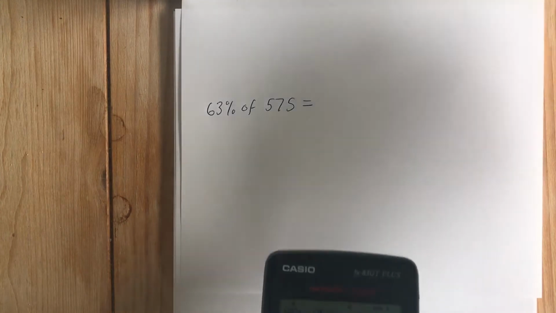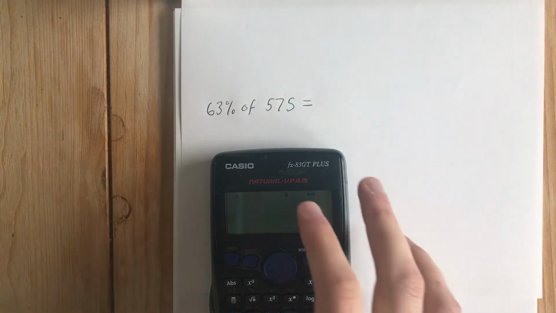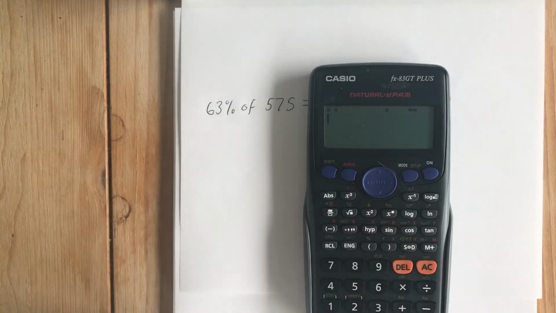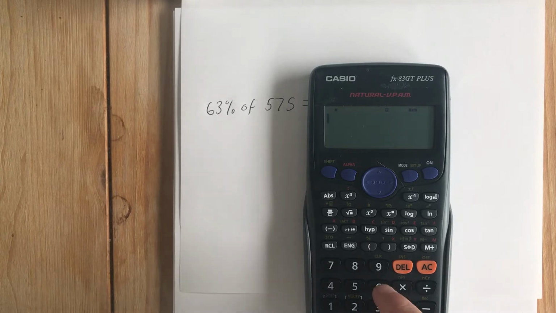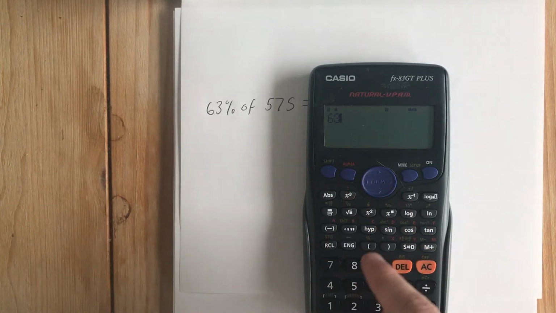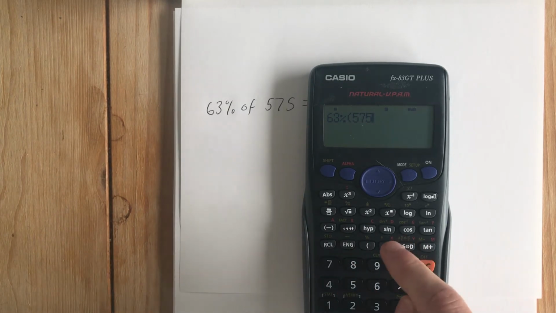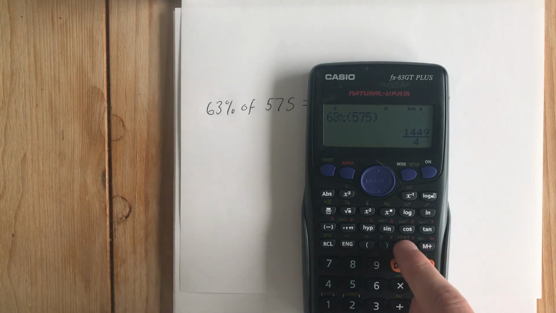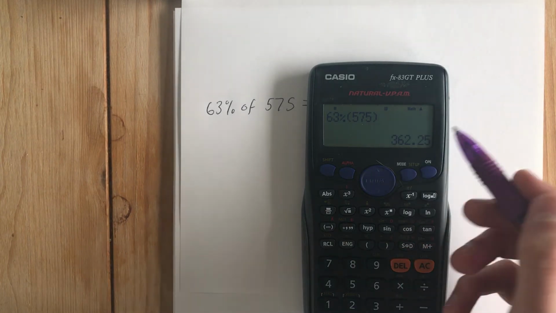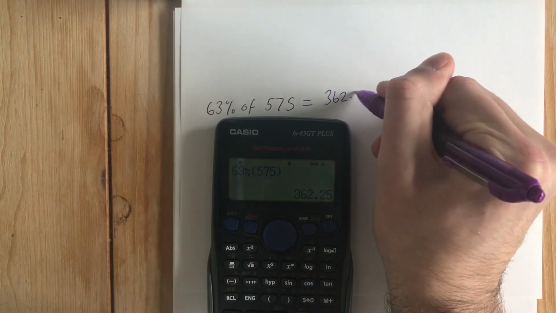For the next question, 63% of 575. Same process again. Sorry, I don't press shift. Press 63. Shift open bracket to get my percentage sign. I open my bracket, I put 575 inside, close my bracket, press equals, press the S to D button, to give me the answer as a decimal. So 362.2